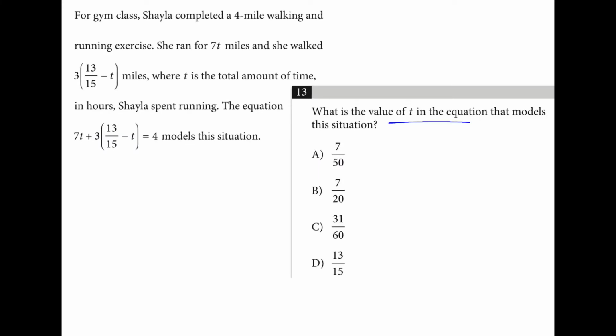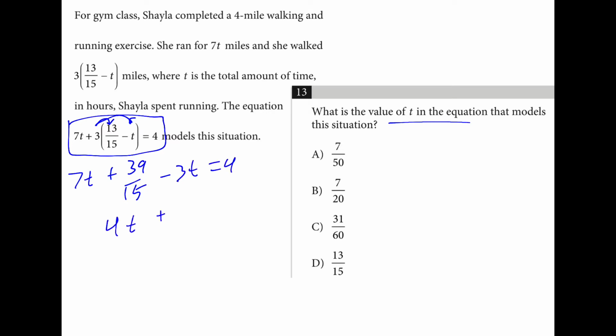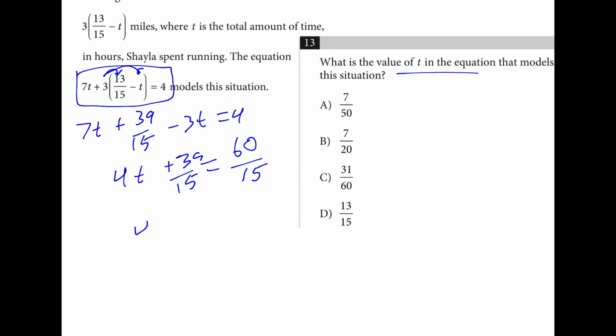They will know the value of t in the equation that models this situation. So I can solve this for t and find the answer. I'll probably distribute the 3 first, so I have 7t plus 39/15 minus 3t is equal to 4. So 4t plus 39/15 is equal to, and I'll convert this to 15ths as well. That way I can just directly subtract. So I have 4t is equal to